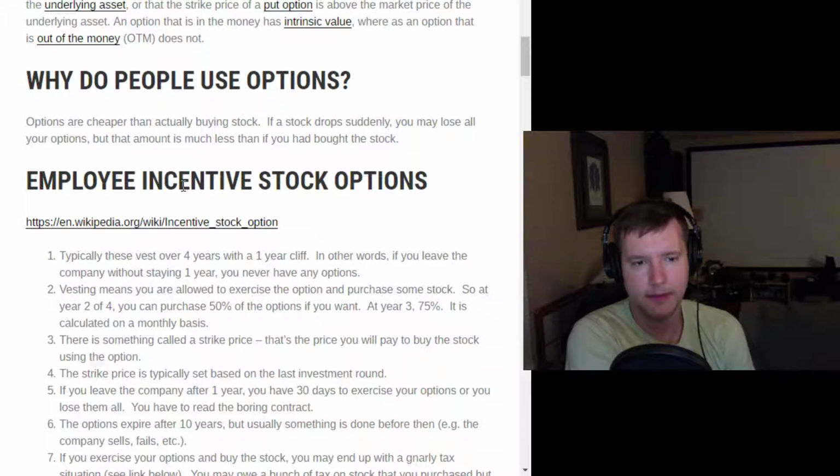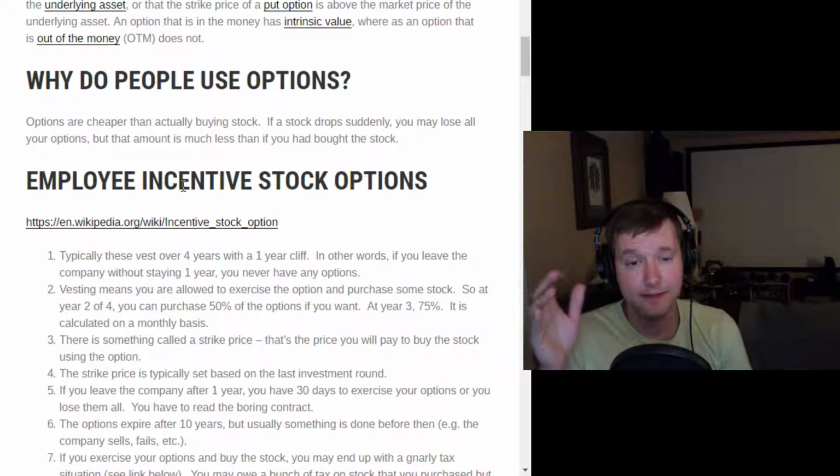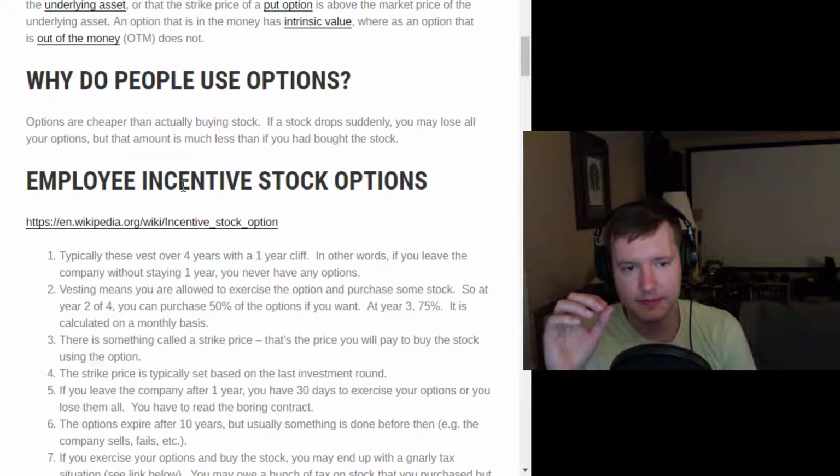So it's very complicated. And so you really don't know what the strike price means a lot of times. You can try to figure it out. You can ask them how many shares there are total in the company. And then you can look at the company and say, how much do I think this company would sell for? Are there any similar companies that have sold recently? What did they sell for? And then you can just naively say, okay, sales price divided by number of shares equals value per share. Now that's a very inaccurate, imprecise way of doing it though, because